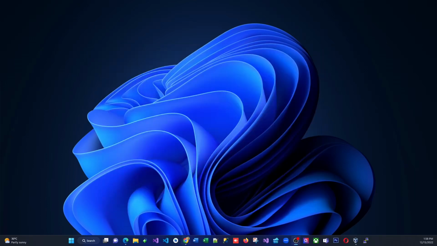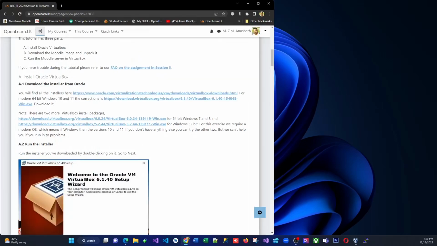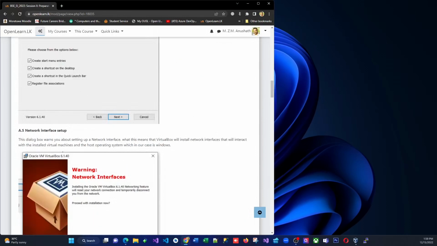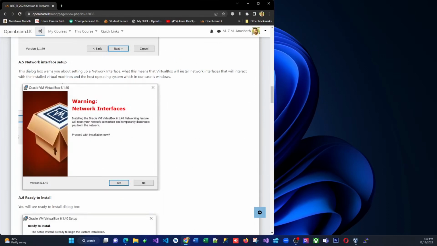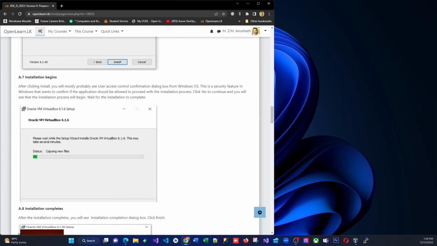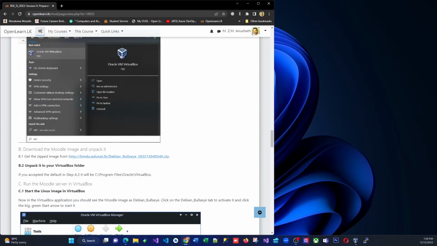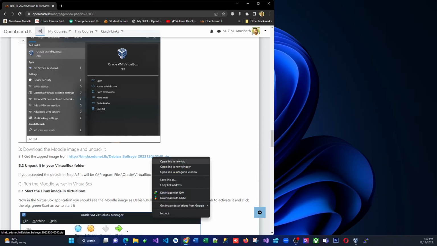Now let's go to the LMS back again to see what we have to do next. So these are the procedures given by the lecturers, and it's very clear. We go through the same steps that we followed now, and then after that they're asking us to download the Debian Bullseye server image. So again, the same thing: don't copy and paste it, right click and then open link